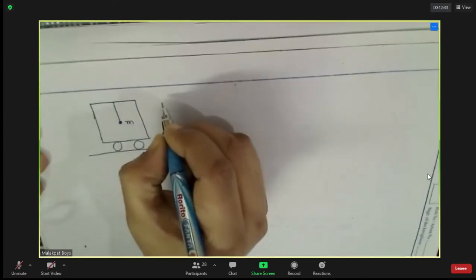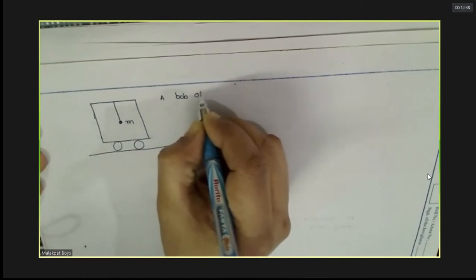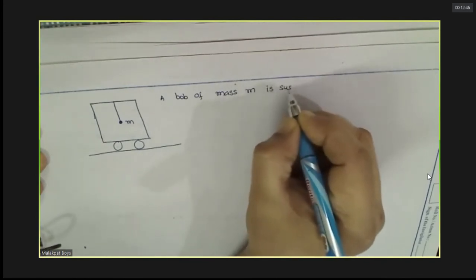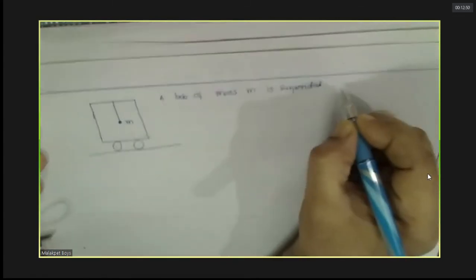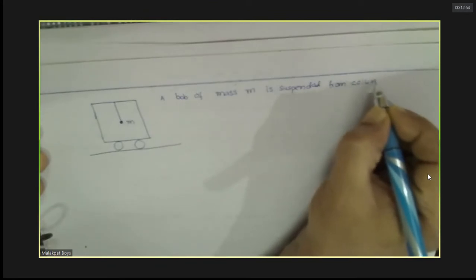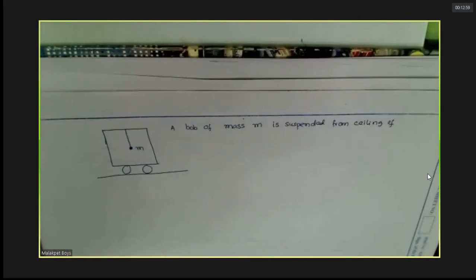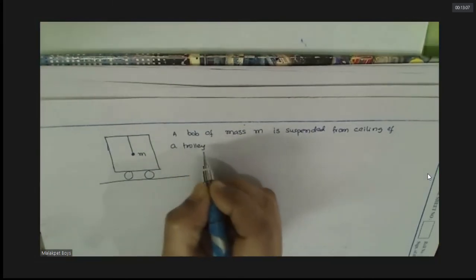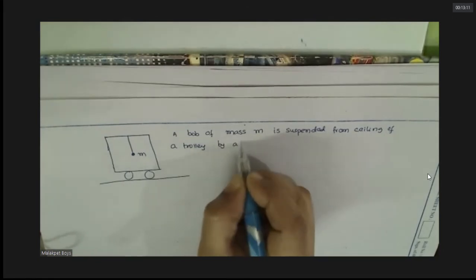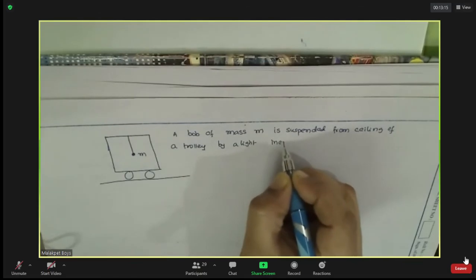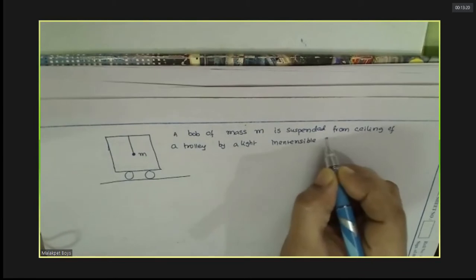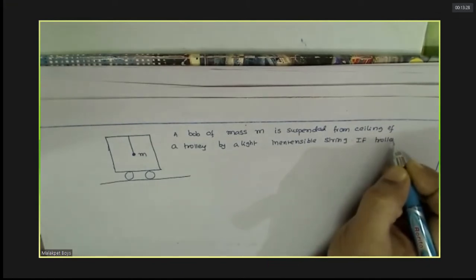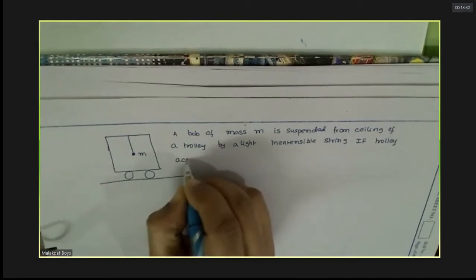Okay, so we can say that if the trolley accelerates horizontally,